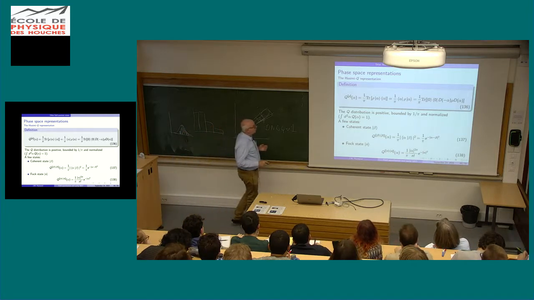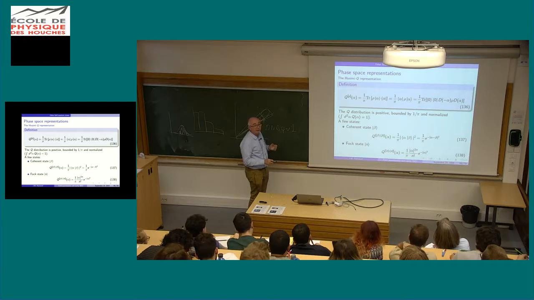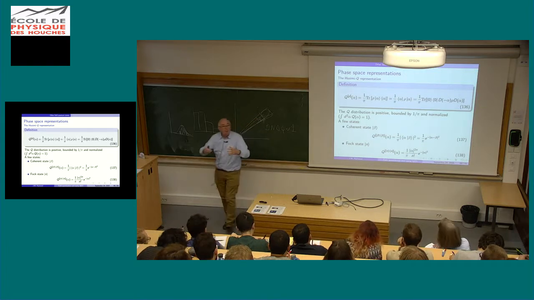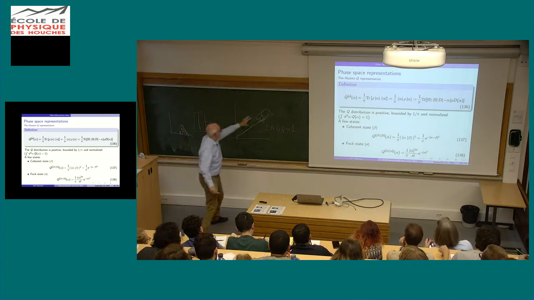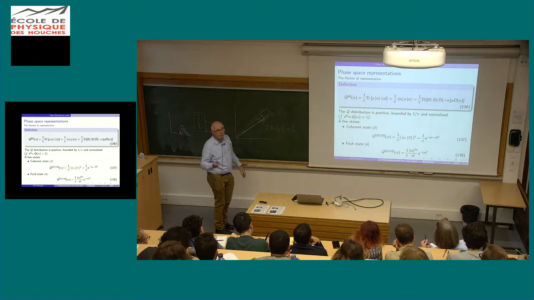Let's look at it for a few states. A coherent state beta, it's an easy exercise in optics because you just have a scalar product there. It's just a Gaussian centered on beta. Okay, this is a more pictorial representation of this blob. This blob here is just a cut of a Gaussian at 1 over e, or 1 over e squared, you should think of it. A Fock state,